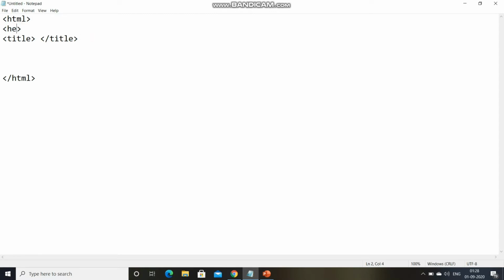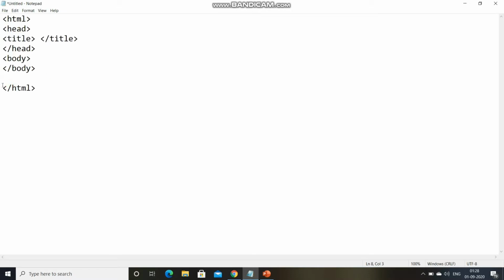Before the title, the head tag is there, and under the head tag, the title tag is there. I'm just writing a basic syntax. You have studied it before; it is just to refresh your memory. Then body. So this is the basic syntax of HTML.